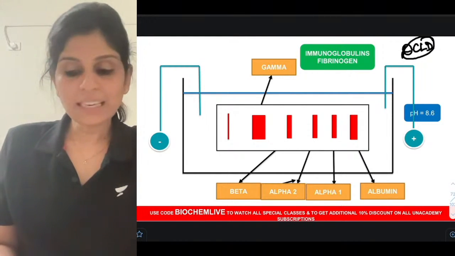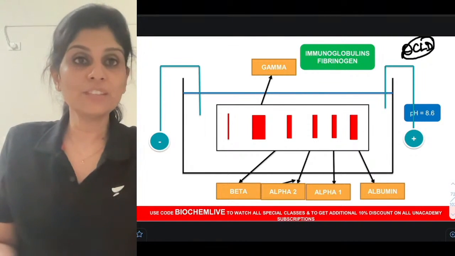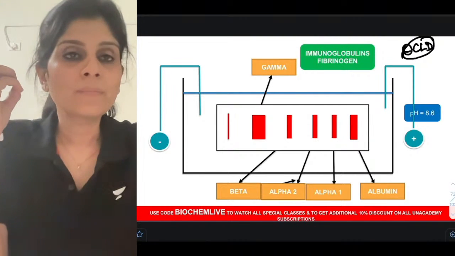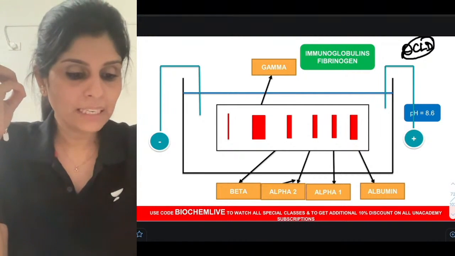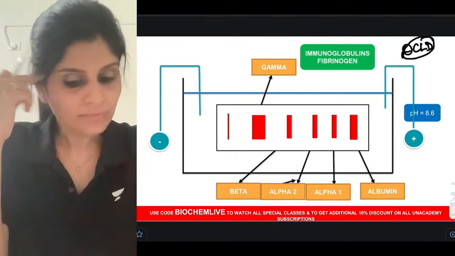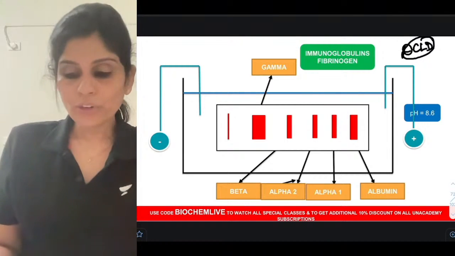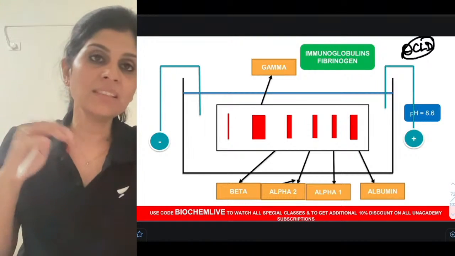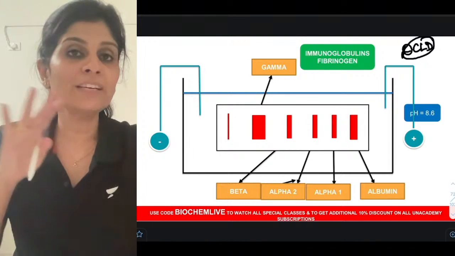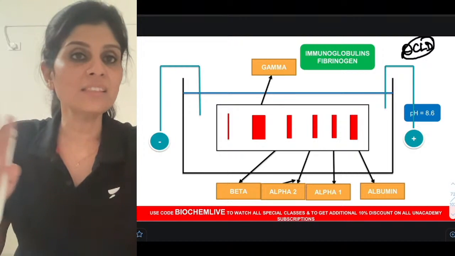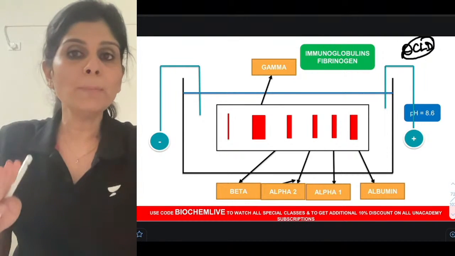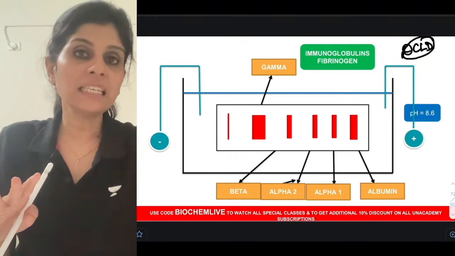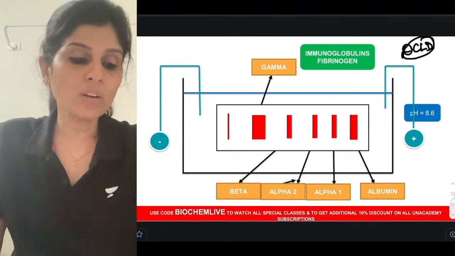I was telling you about decompensated liver disease, right? So in liver cirrhosis or decompensated liver disease, what you would see is, you know, liver is the organ which synthesizes all proteins. So when the liver loses its functions, albumin synthesis will get affected. So the albumin band will be very dull. And when albumin concentration decreases, what will happen to serum oncotic pressure?